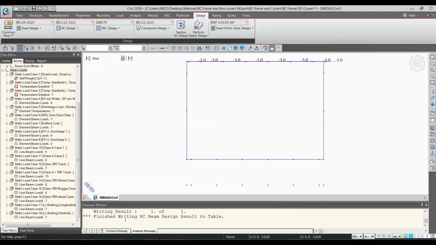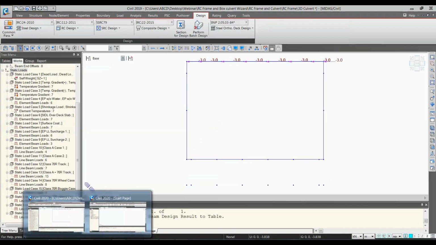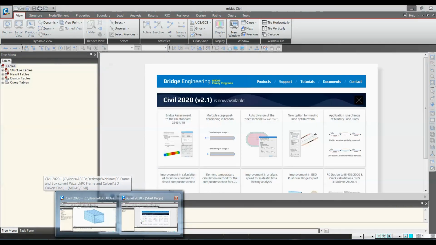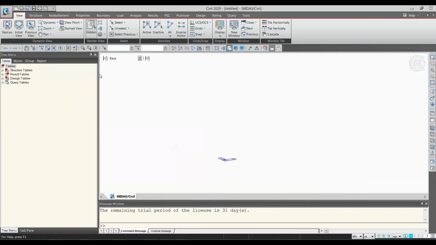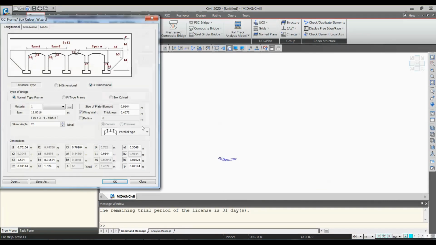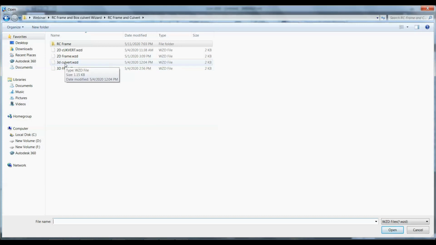Let me open the new file. I'll go to the same wizard. Now instead of frame, 3D box culvert, let me open the wizard file. The same file I'm going to use everywhere, so it can be easily compared in your mind as well.